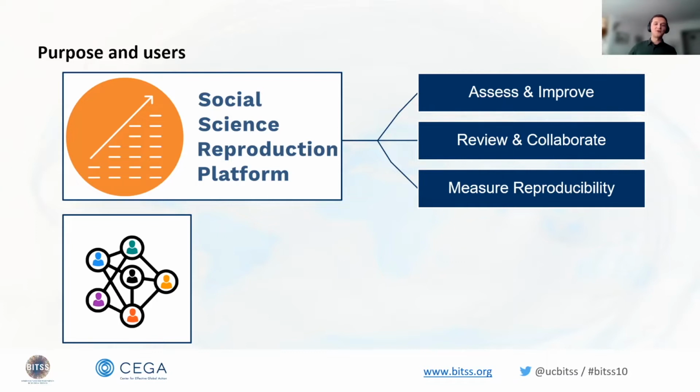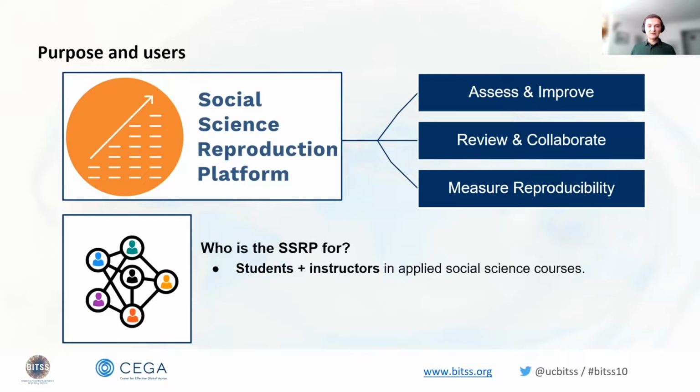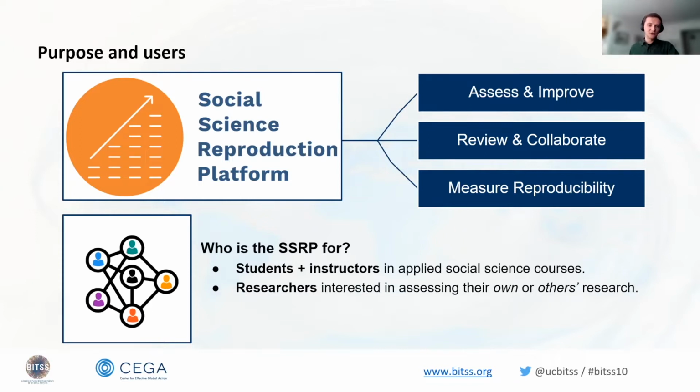On the platform, if you go to socialsciencereproduction.org, there's what we call the Reproducibility Dashboard. There are several instances in which the SSRP can be used. We think the most typical use case would be in the classroom, in all those applied empirical science courses where students work to replicate published work. The platform can facilitate that process. Beyond that, it can be used by researchers interested in evaluating their own work or other people's research. And eventually we plan on releasing the data from the reproductions, and those could be used for